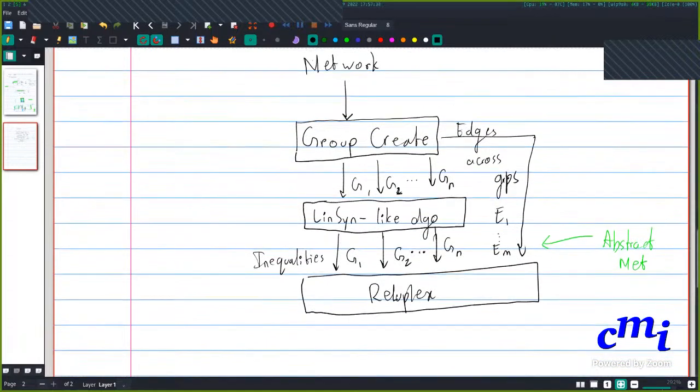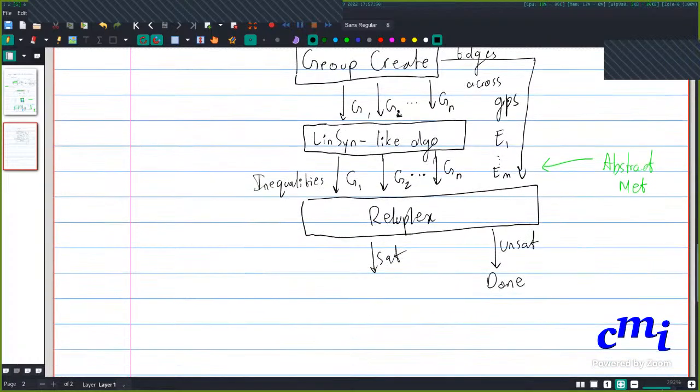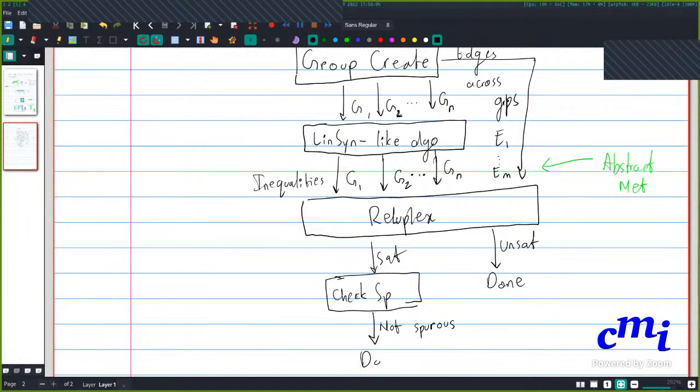Then ReLUplex, if it produces unsat, then we are done. If it produces sat, then we check for spuriousness. If it is not spurious, that is, we have found an actual counterexample, then again we are done.